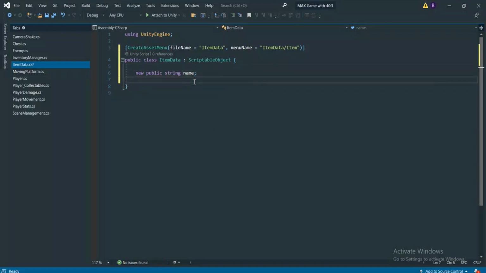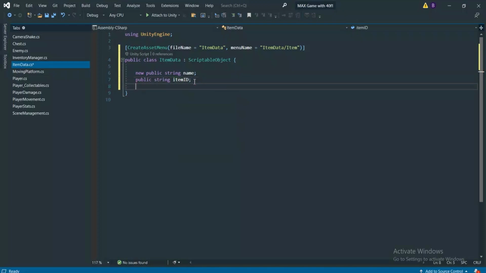And the second thing, it's going to take the id because I want to provide the id because I just want to save my data. If I collect it, then I just want to save it. And if you don't want to save any data, then you can skip this variable, but I do want to save. So I'm going to create a public string, and I can call it something like item